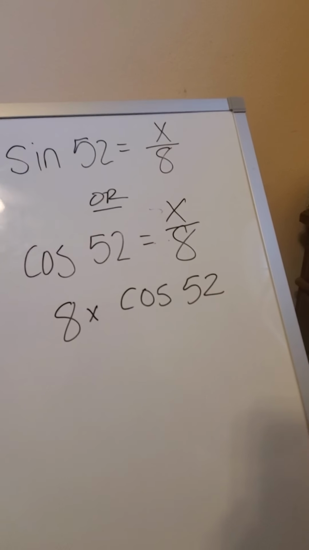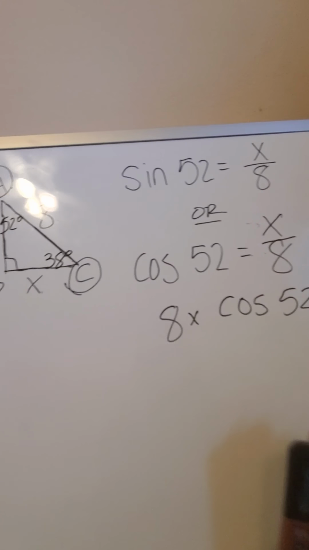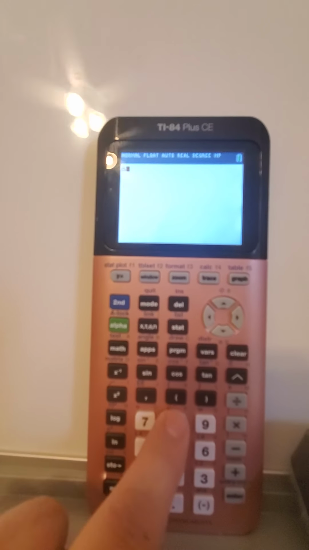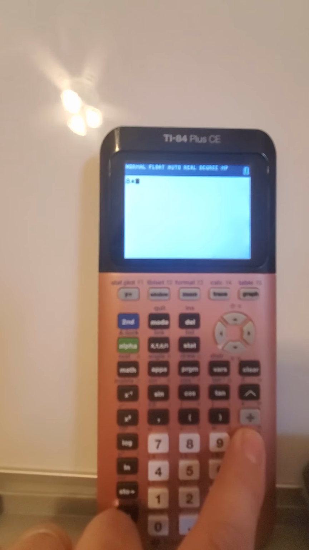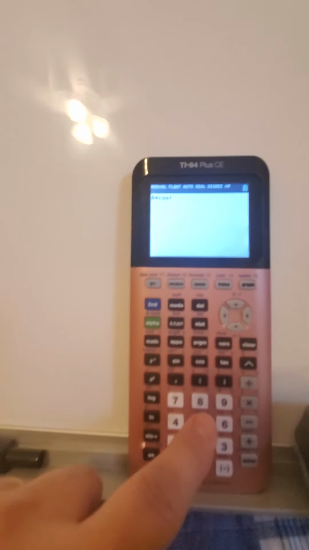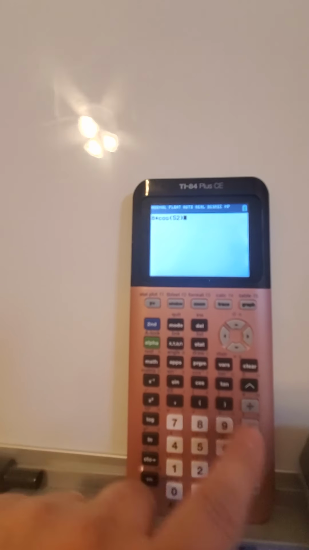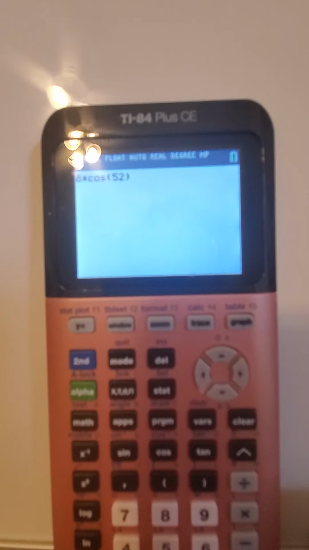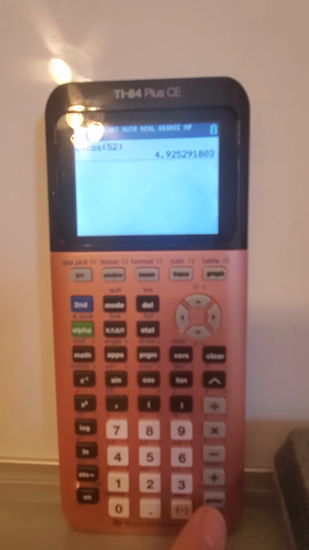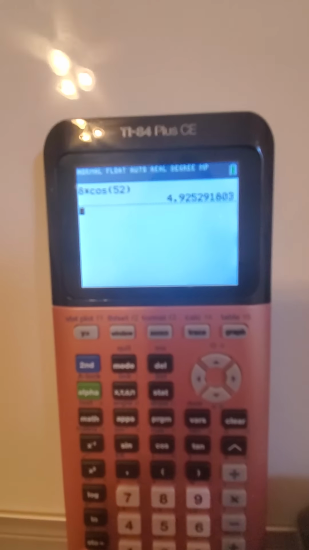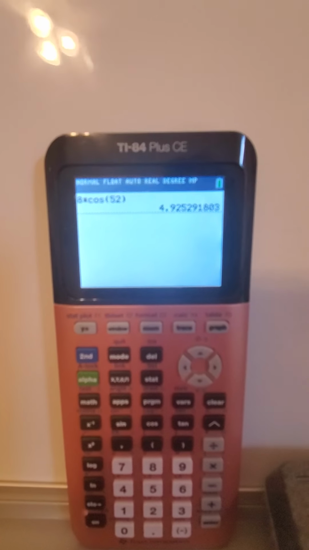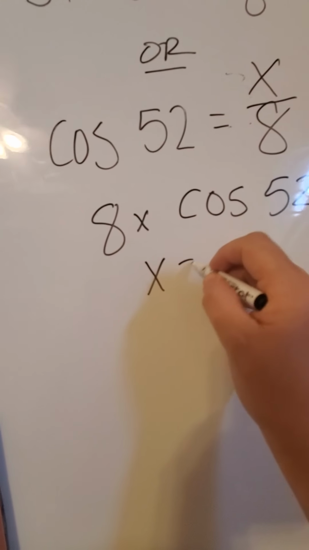Okay, so if I go to my calculator, let me clear this out. So I'm going to say 8 times, and cosine's right here beside sine, cosine, and then I do 52. Close it out, and then I hit enter down at the bottom. And I get 4.925. So I'm going to say x equals